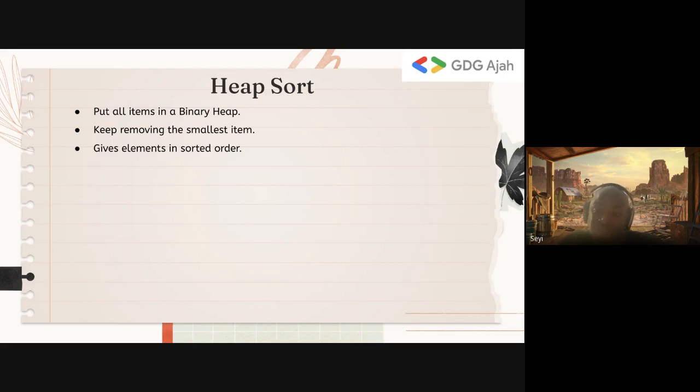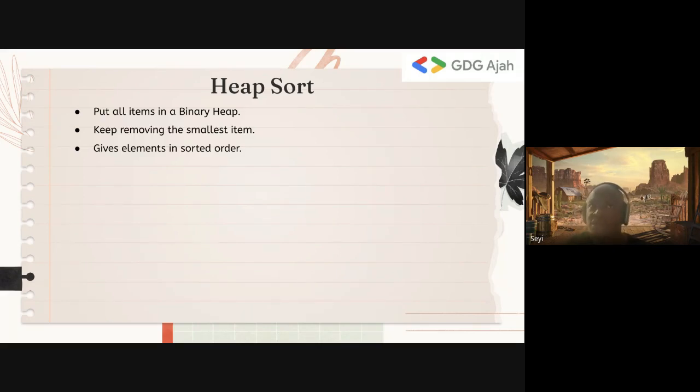What's the complexity to remove everything from the binary heap? Removing one item is log n. Removing n items is n log n. So n log n plus n log n is still n log n, which is fine, though not better than merge sort or quicksort. Now, empirically, it's slower than merge sort and quicksort, but in terms of a complexity analysis, it's still acceptable. Now, in sorting algorithms, you have better algorithms, but sometimes you don't have a better algorithm, or you can't find a better algorithm within the time frame. So you can use things like this to help you see how you can go about it.